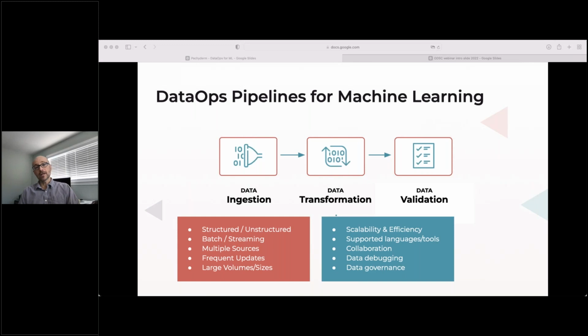In terms of transformation and validation, it's important to be able to scale processing quickly and efficiently. Through approaches like horizontal scaling and parallel processing, it's possible to take an ML job that would take days to process sequentially and reduce it to hours. This ability to quickly and efficiently process large data sets is key to enabling those quick iterations that you want for your ML teams in experimentation and training. You don't want data preparation to become a bottleneck in your ML lifecycle and have teams waiting days